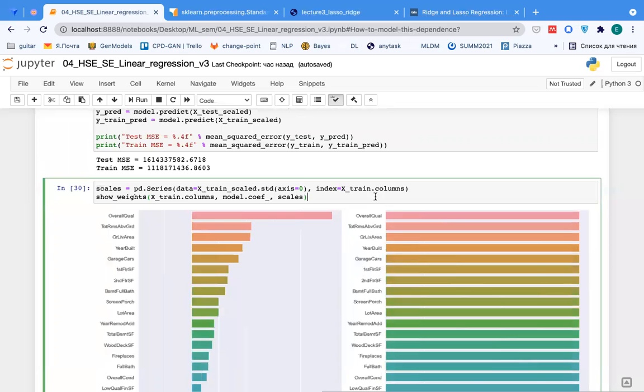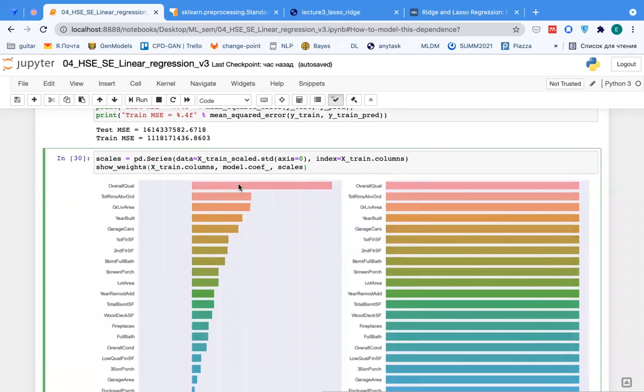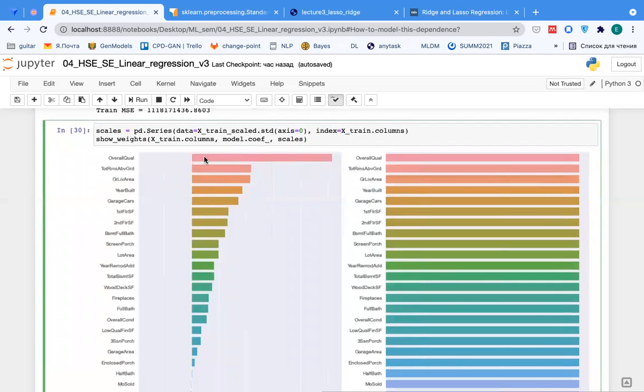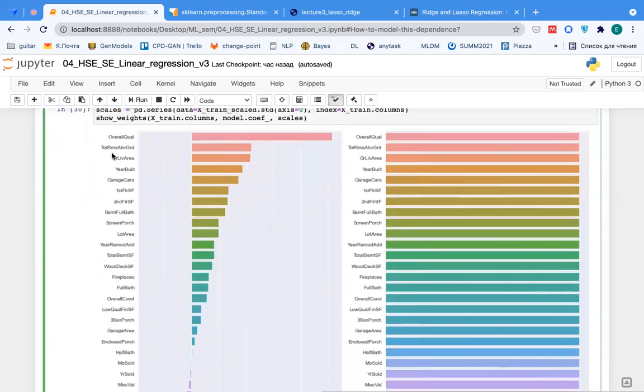So we can say that in this case, after normalization, we can look at the coefficients of our model and assume that these coefficients can show us some information about the importance of some features. So here we again see that overall quality is a really important feature, but then we can see some